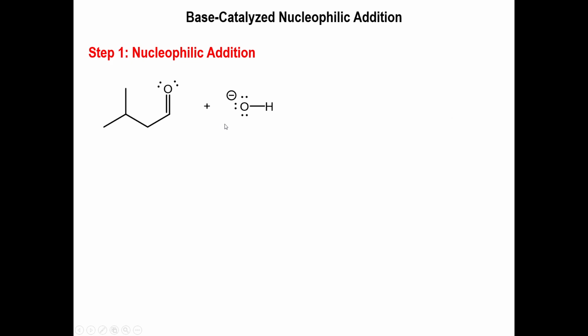All right, so to follow that same train of thought, you could perform the same reaction under basic conditions. So this time around, you wouldn't be adding a little bit of HCl. Quite the opposite. You'll be adding a little bit of sodium hydroxide, a strong base. And so under that premise, you will have some hydroxide present in solution. And once again, it's going to act as a catalyst, so you don't need a lot of it. But it will act as a catalyst, first by reacting, and hydroxide is a much better nucleophile than just regular water. So the first event is literally just a nucleophilic addition onto the carbonyl carbon,